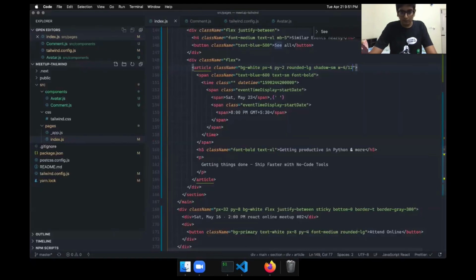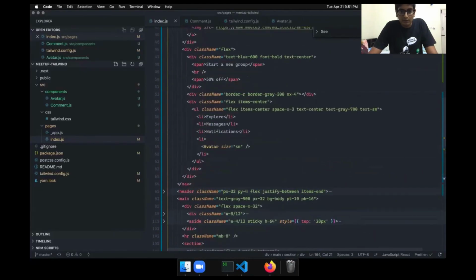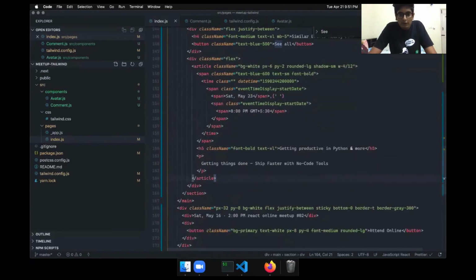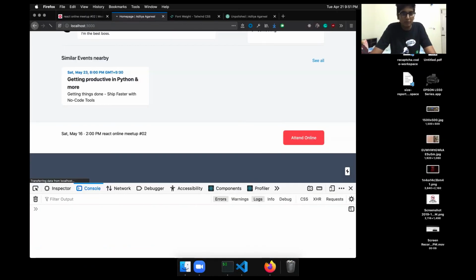I'm ignoring these things, so let's just remove this. In the time section we have a class. Let's remove these. And I'm assuming it will be baked type. No error.